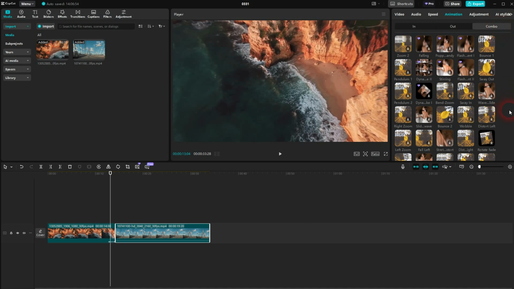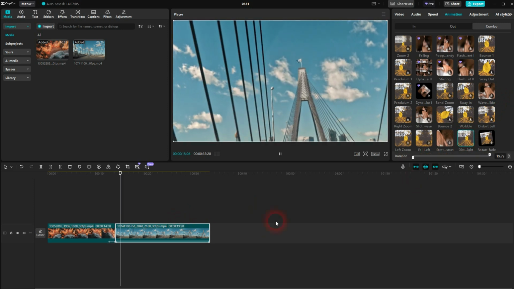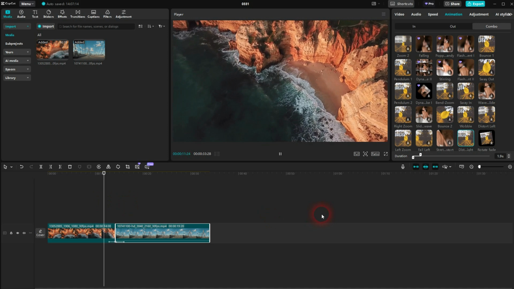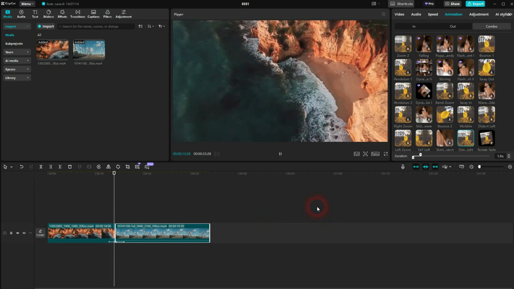Again, animation, go to combo, and here you'll have to scroll a little bit until you can find the distortion one. It's abbreviated here. And again, select this clip and then narrow it down by using the right hand slider for it. I think that even 2 seconds is too long, so I would go down to around 1 second, maybe 1.5,